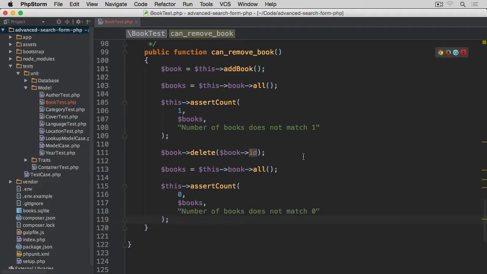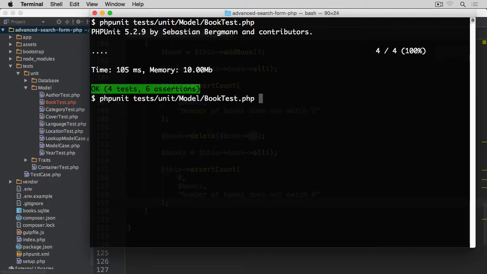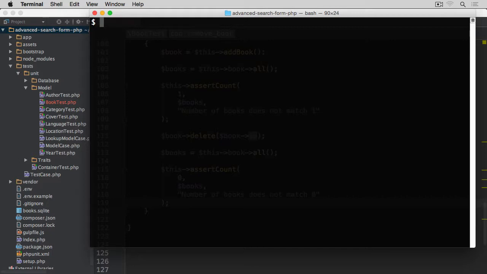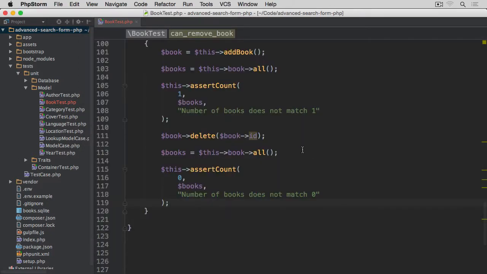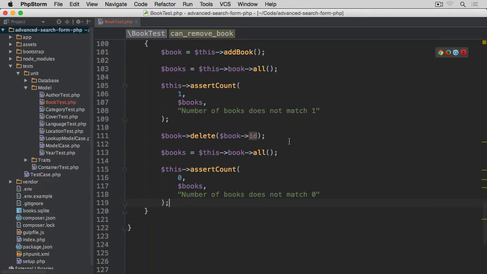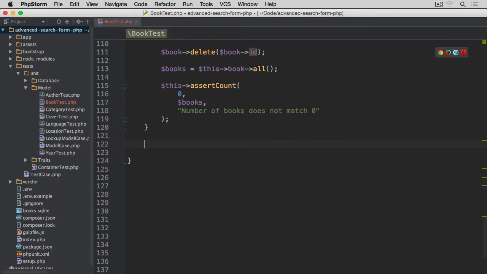So that's 2 assertions within one test again. Back to the terminal, let's run a test, and we have 4 tests, 7 assertions, all of which pass. So we can insert, create, update, and remove records using the book class. So now I think what we can do is to create tests which are actually checking for returned collections of